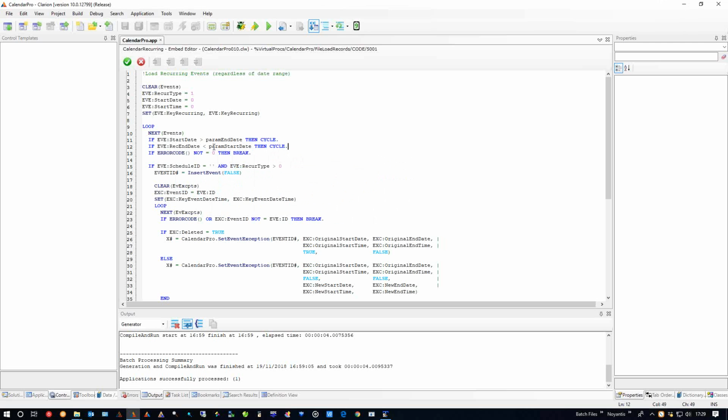But basically, that's the only difference with the recurring. If they've already recurred and they have a fixed end date, and it's before your range of loading, brilliant, you can miss it. If it's not due to even start yet, so it's past the end date, great, you can miss it. Failing that, you're going to have to load it, and it might be that it's still not